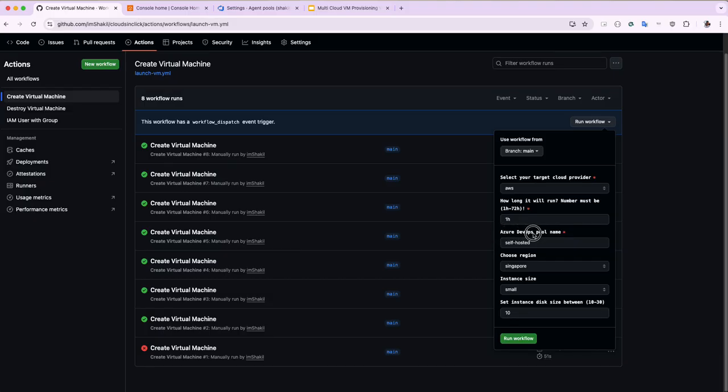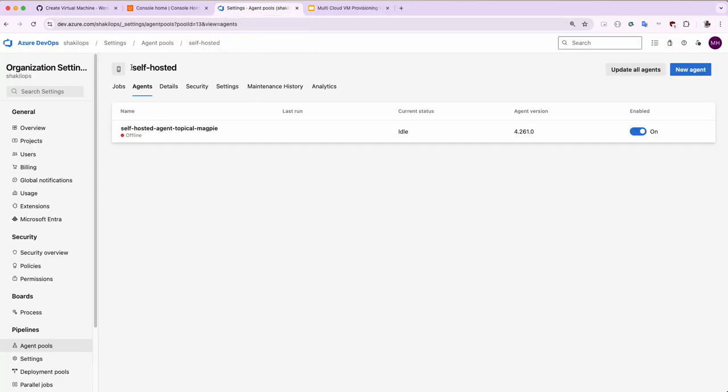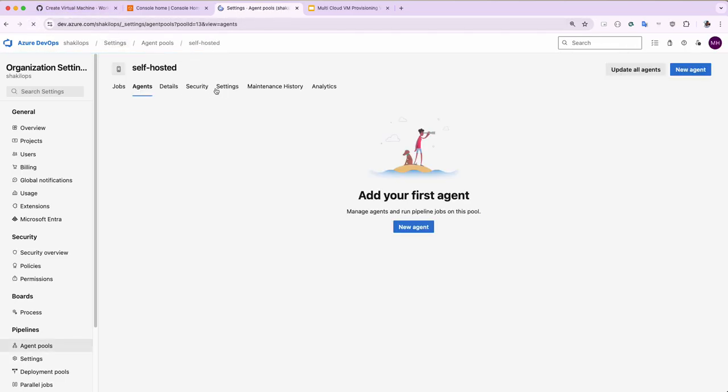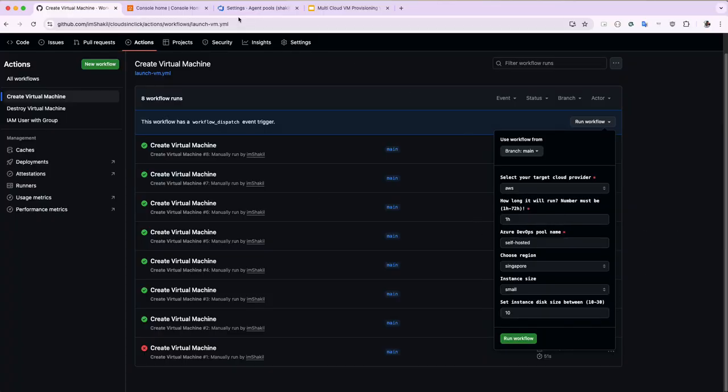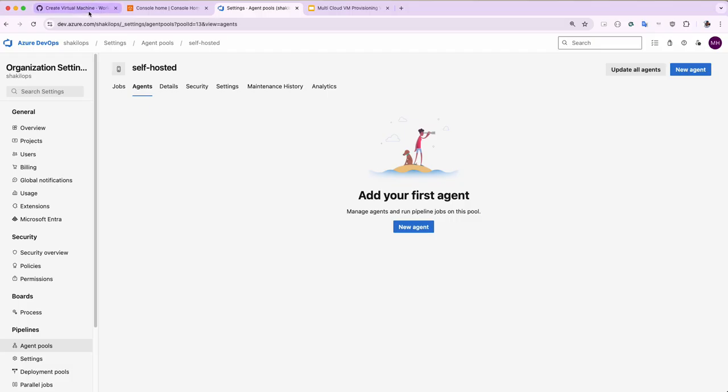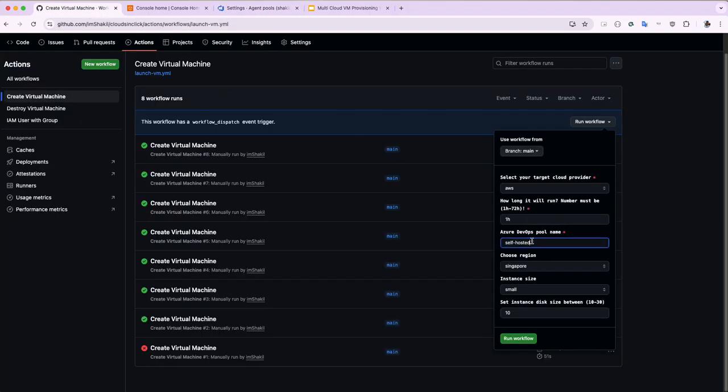And for this section, this is another section I have used, because Azure DevOps does not give any self-hosted runner, so we have to use a runner. That's why I have added this section. So when staff created this VM, it also assigns the agent pool here. We will see that. Yeah, there is no agent right now. When we run this and create this VM, it will automatically register here as an agent. We will see that. That's why I'm giving self-hosted as the agent pool name,